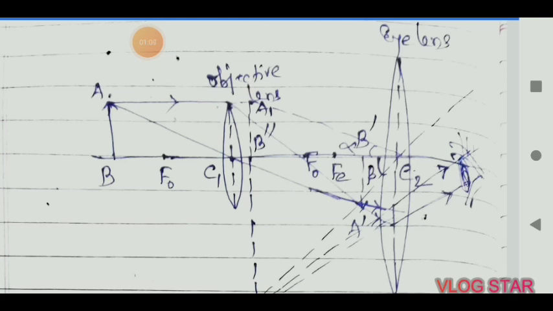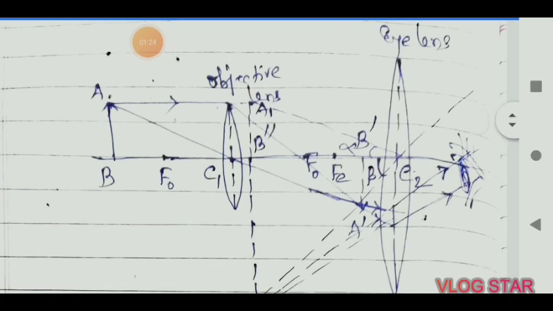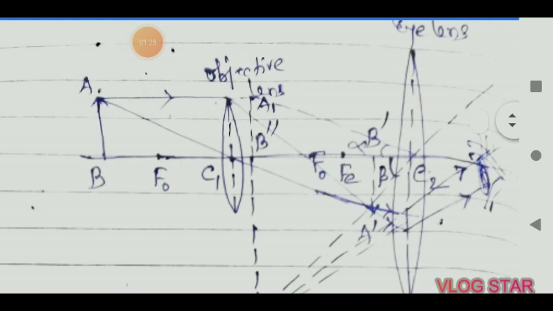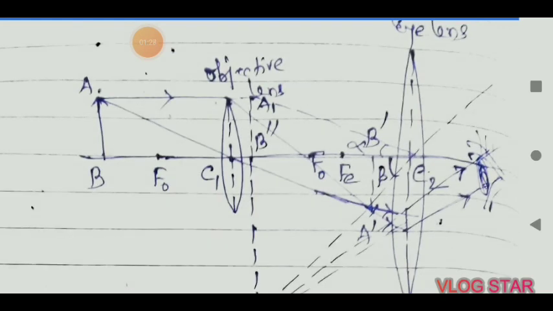In the simple microscope, we have seen that the object is just in between the focus and center of curvature of the lens, and a virtual, magnified image is formed. Here you see that the object is just beyond the focal length of the objective lens. This is of short focal length, and the eyepiece is of large focal length, larger aperture.